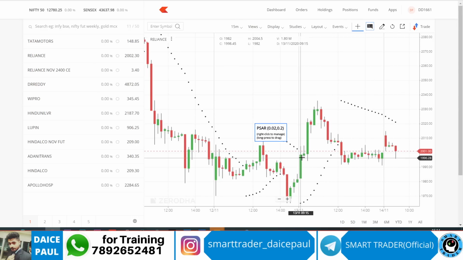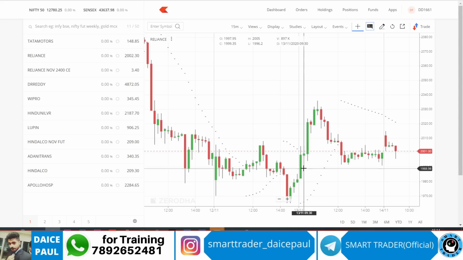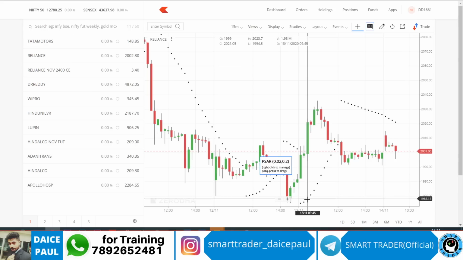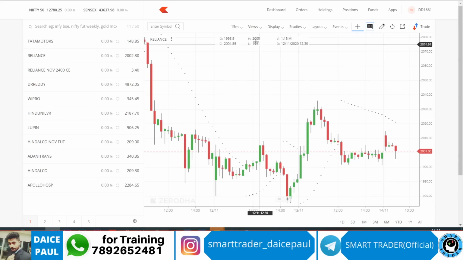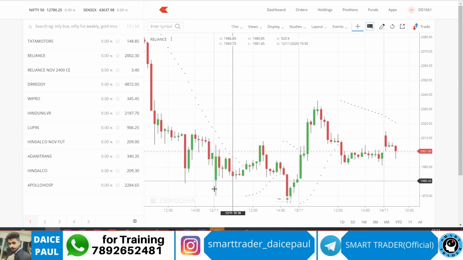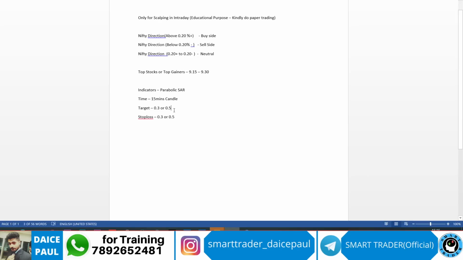So whenever you get the first candle, you got to know in 5-10 minutes that this candle is green. So this candle has to complete. And as soon as this candle is completed, you see this dot is below. So what you would do is try to take a buy side position in the next candle, that is 15 minutes. So 9:15 to 9:30 gets over, 9:31 this opens. As soon as the stock opens from the open price, you will buy this particular stock, and then from there you will hit either 0.3% target or 0.5% target based on your practice.